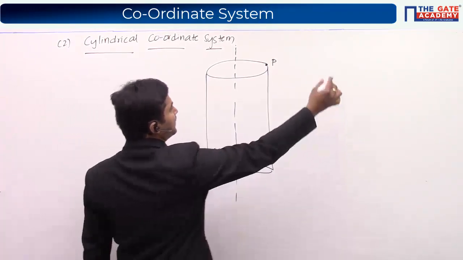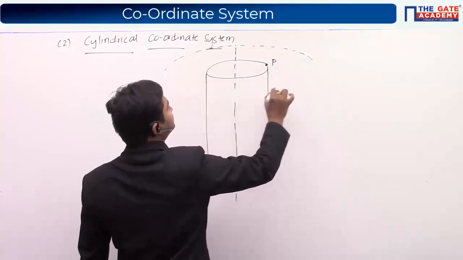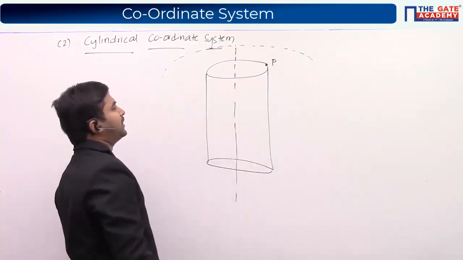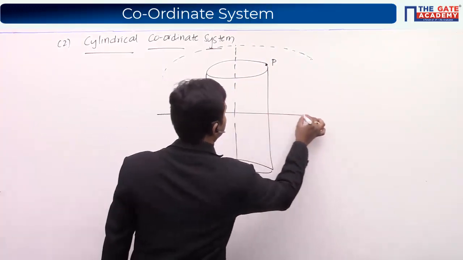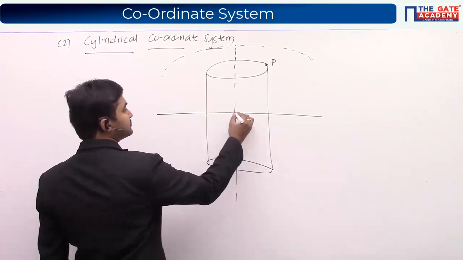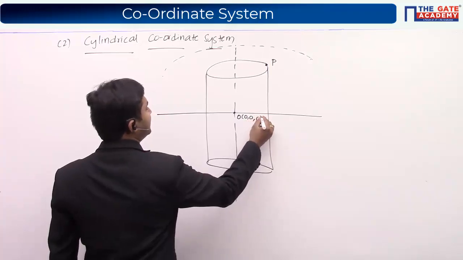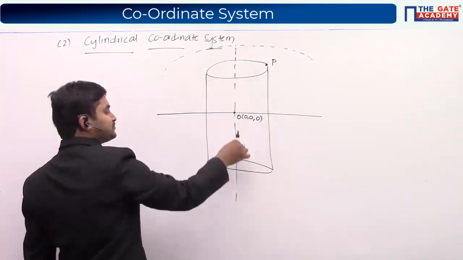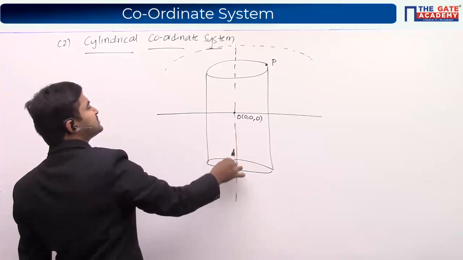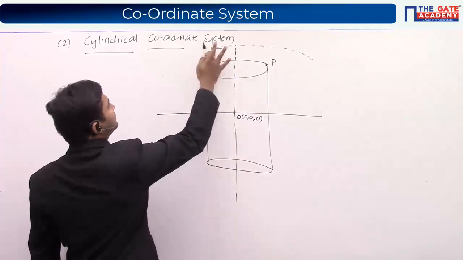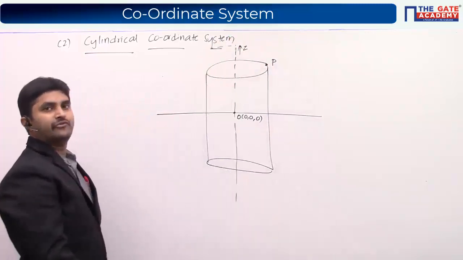So if I wanted to represent a point in space here, I will draw a big cylinder and represent the particular point in that coordinate system. Let me divide the cylinder into two halves, and this is where my origin is present. This line passing through the center of the cylinder is what we call the axis of the cylinder, and by standard we are fixing this to be the z-axis.